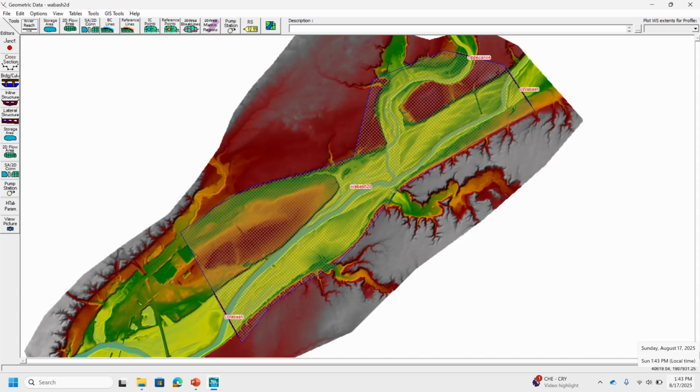Hi, welcome back. This is where we stopped in the previous video. We have created our 2D mesh and we have also specified our boundary condition lines. In this video, we are going to specify those boundary conditions, or you can say we are going to create